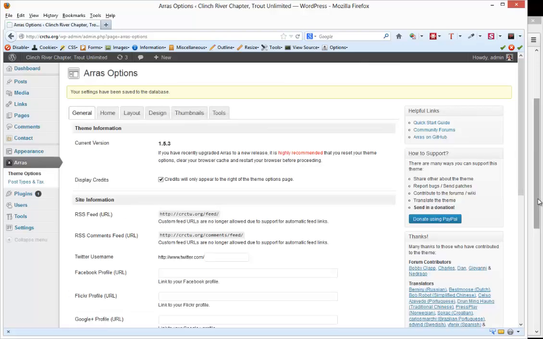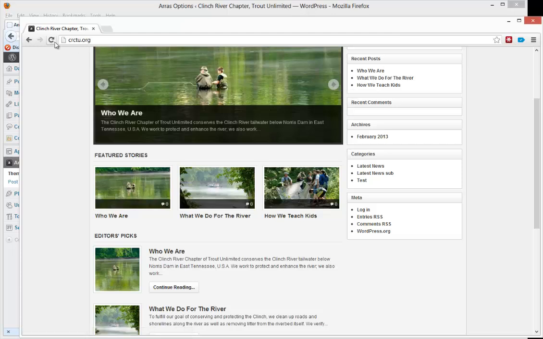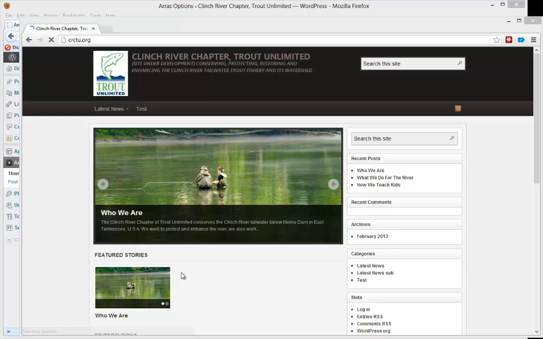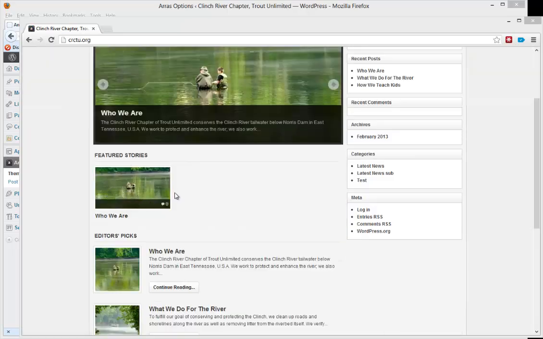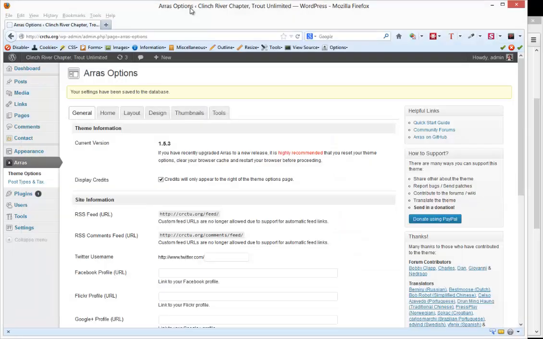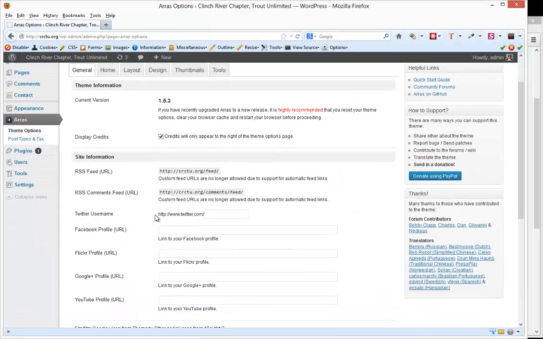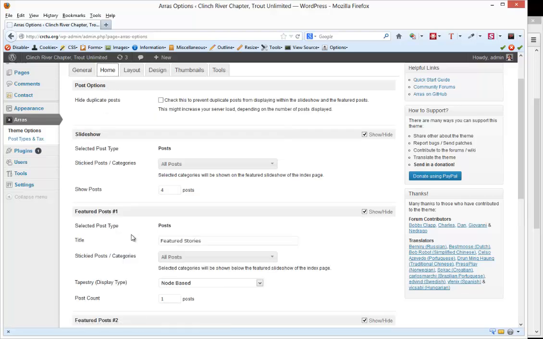And we go back to the front page. I'm going to refresh this again. And so now we only have the one post appearing in the featured stories here, right? So if we go back to the back end, we click on Home, and then we look over here to featured stories, we only have one. I'm going to set this back to 3,